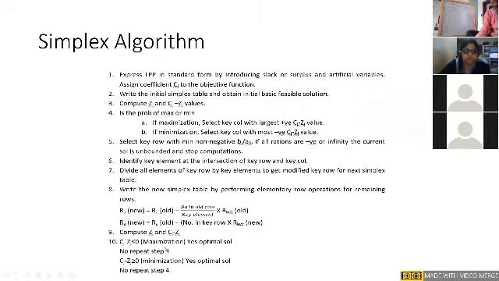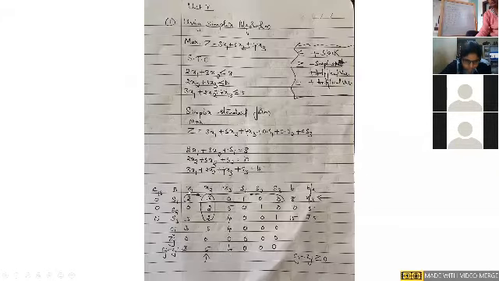Now ours is a maximization case problem. So Cj minus Zj must all be less than or equal to 0. But when I go to my current scenario, all the values are greater than or equal to 0. Yes or no? Then obviously it is not optimal. So what are we supposed to do? We need to pick the maximum value out of Cj minus Zj.